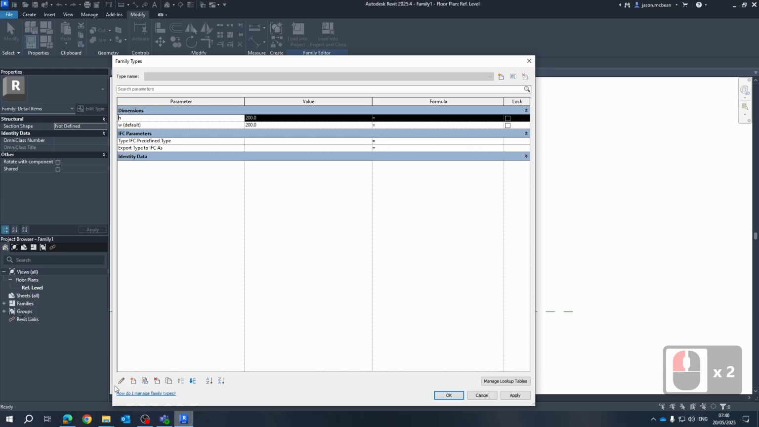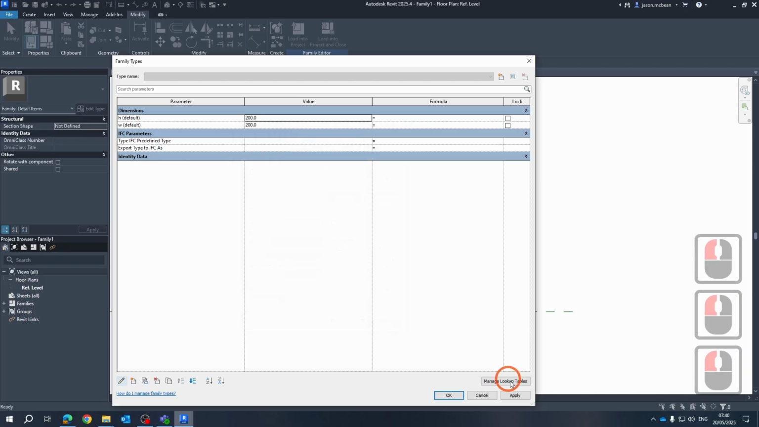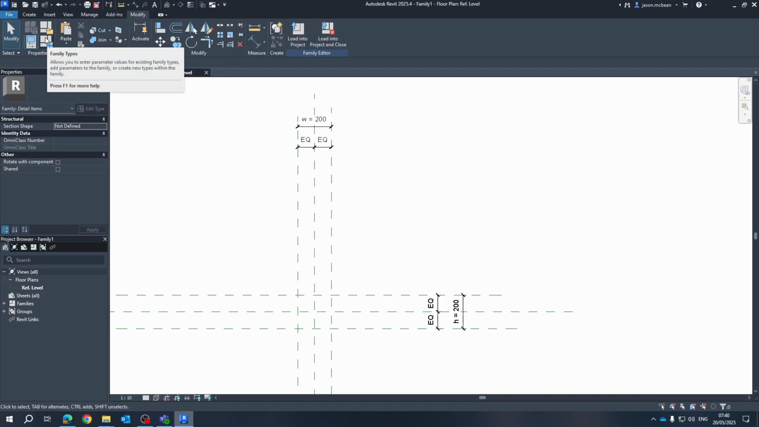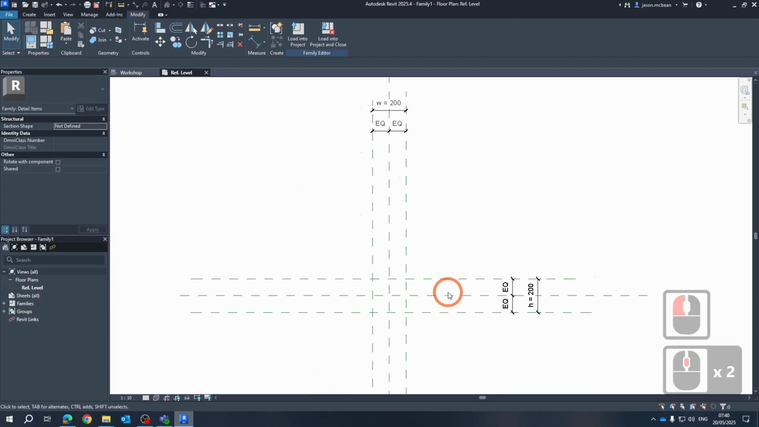So if you do make this mistake, you can go and edit the parameter and make it an instance parameter in the family types option. The family types option allows you to add additional parameters that can be driven by some maths formulas, for example. But we'll get into that a bit later. Okay, so let's